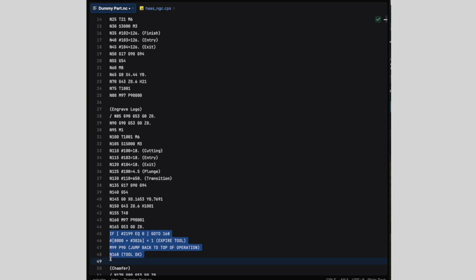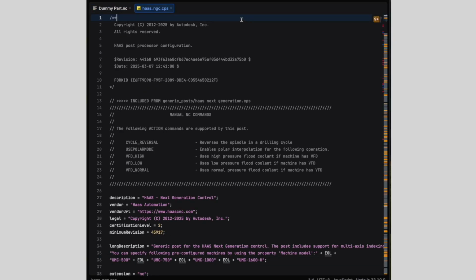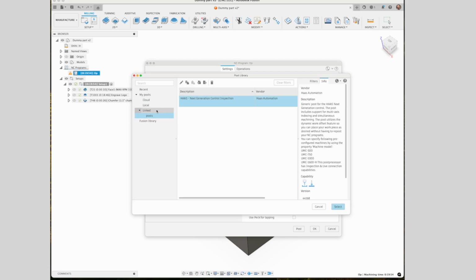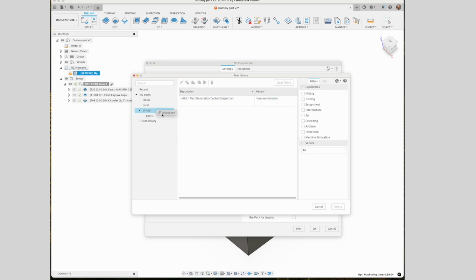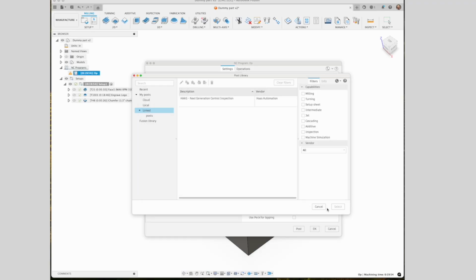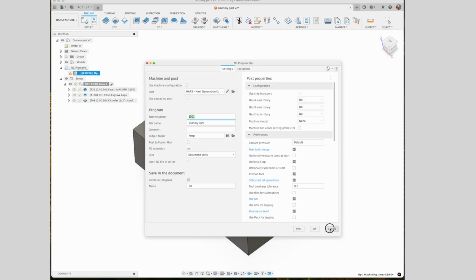We've made a first pass with manual edits to the program, so let's get set up to do some post-processor work. I've downloaded a copy of the Fusion Haas Post-Processor revision 44168 to a local directory. We can add a linked post directory to make the edit debug cycle easier. I'm also using Git for version control, but that's outside the scope of this video.